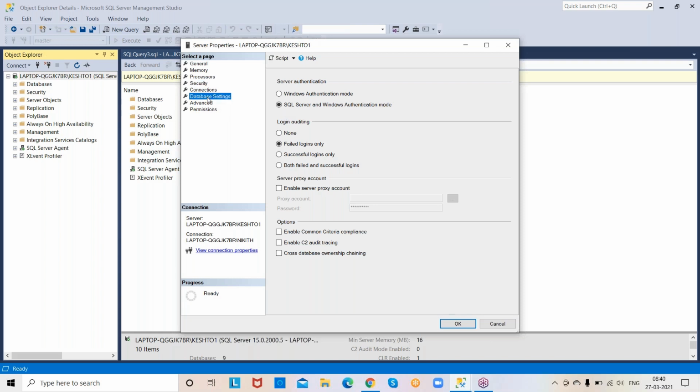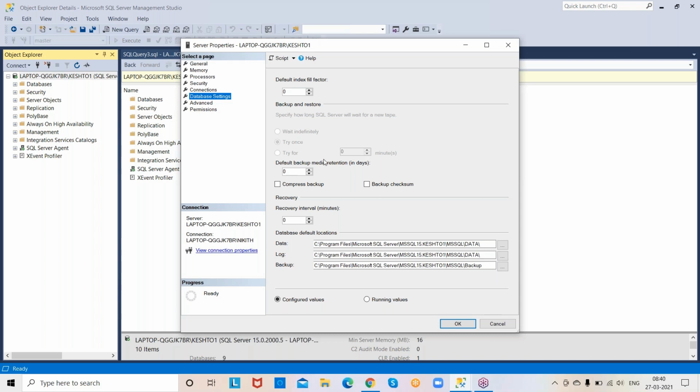Now go to database settings also. Under database settings, especially check compressed backup. Compressed backup means that when we execute backups, we can do compression. Compression means the backup file size will be reduced.